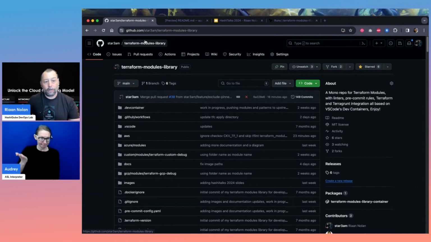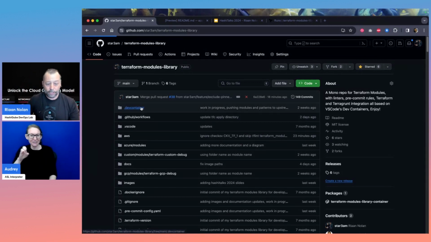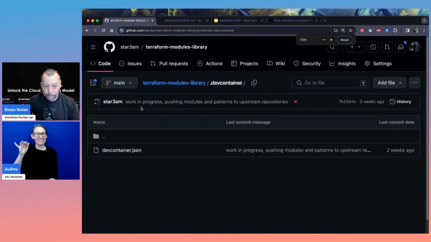And in here, I'd like to show you what a dev container is. Now, a dev container is not a VS Code thing. It's not a GitHub Codespaces thing. It supports many other IDEs like JetBrains. But what a dev container is essentially, and I think I'll just quickly